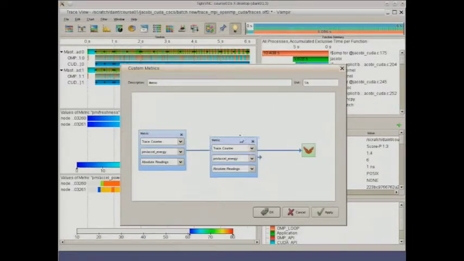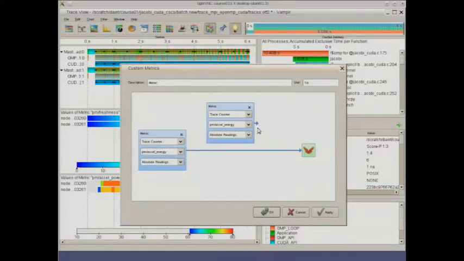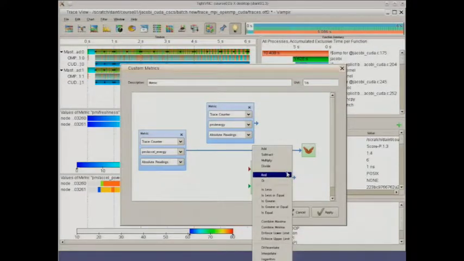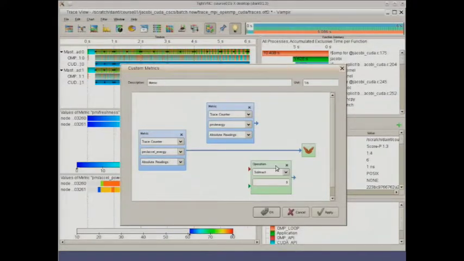Drag around those windows as you like. For example, you could use the node energy, that one, and then right click in the right area again, add operation, which would be subtract. And then we could subtract from the total energy the accelerator energy, for example, which would give us at least a fair estimate of what the rest is doing.